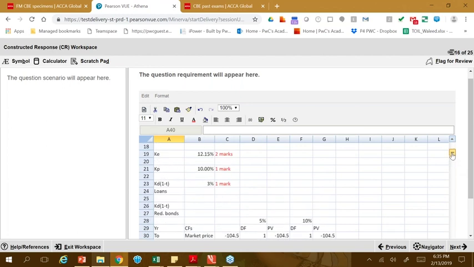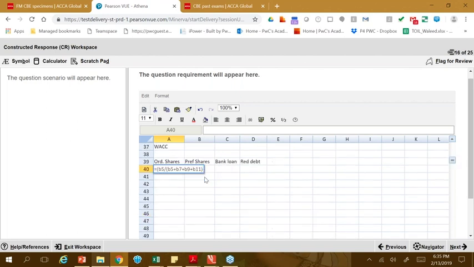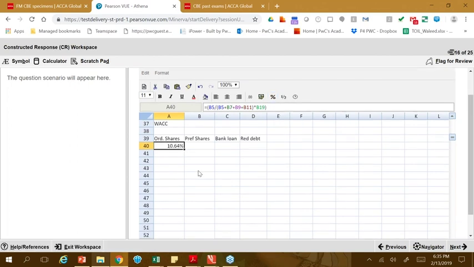And this will give me the cost of using the ordinary share capital, which is 10.64. So value of equity divided by value of equity plus value of preferred stock, value of debt